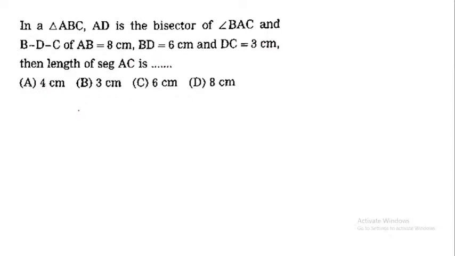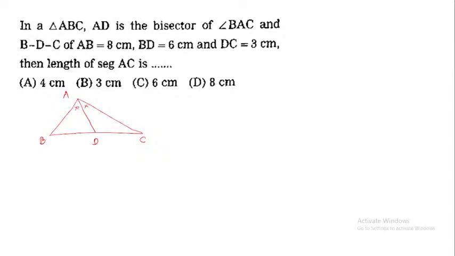Now to solve this question we should have a diagram. So let's draw a triangle ABC, and it is given that for this triangle AD is the bisector of